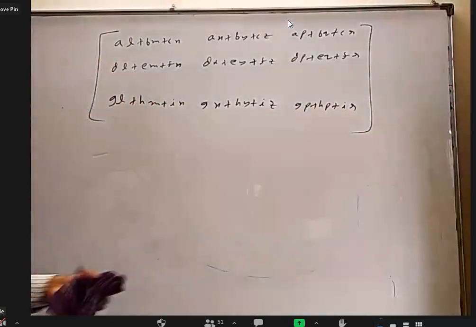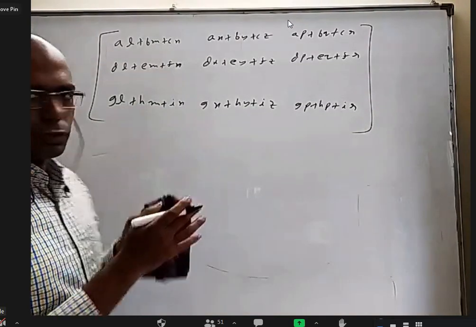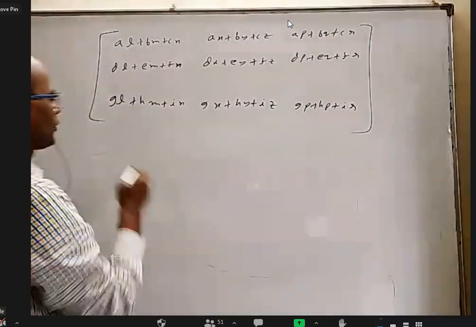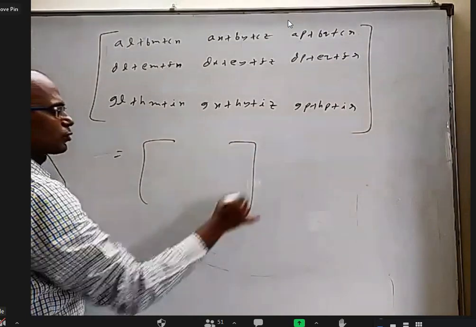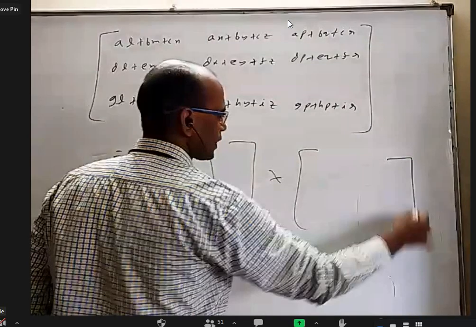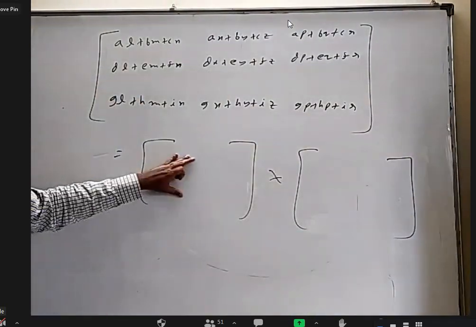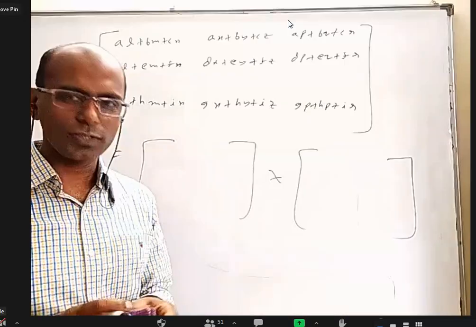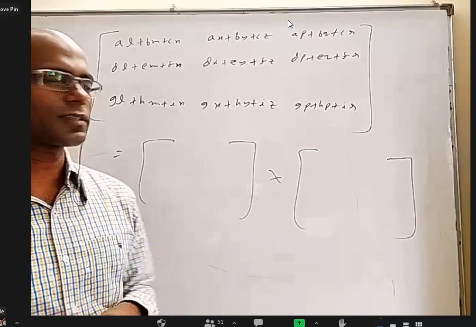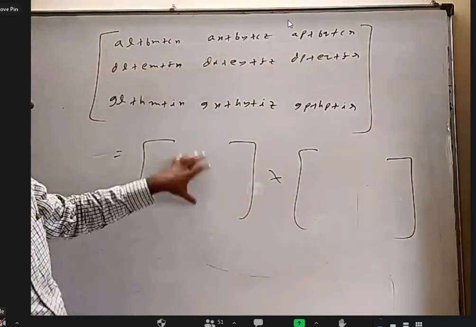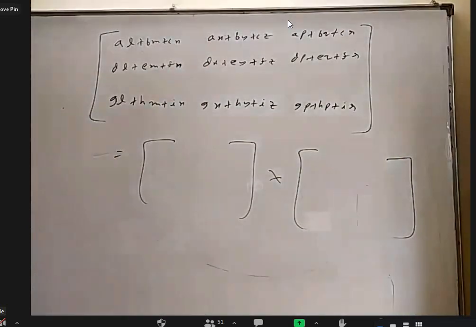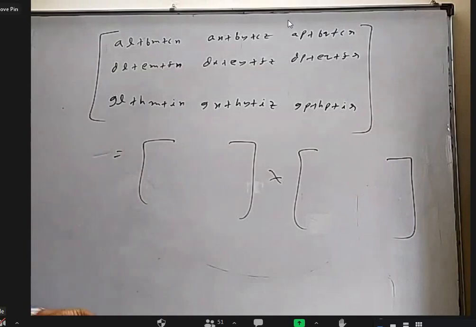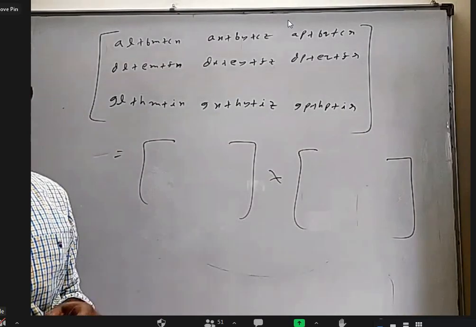This is not the question. This is like the answer. I want to write it as a product of two 3 by 3 matrices. I want to know what this and what this are. As soon as I finished this question, one student told the answer. He wrote this matrix here and wrote an identity matrix here. Identity matrix and anything is that. I don't want that, so that's why I corrected the question.